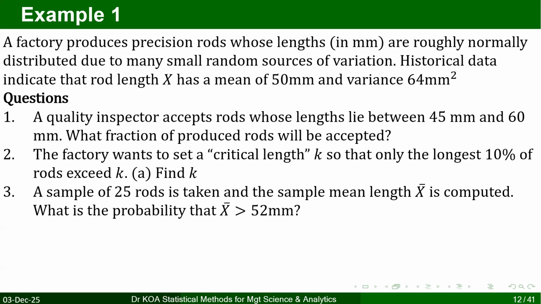So what is the mean? The mean is 50. What do you need apart from the mean? You need the standard deviation, but in this case we've been given the variance, so we find the root of it, which is 8. So what do you do from there? So we have to essentially make X the subject. So why would you want to make X the subject? Subject of what? Subject of the Z function. We already know the Z because we were told it's the